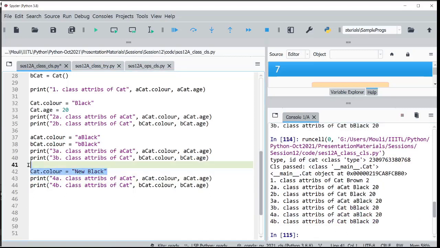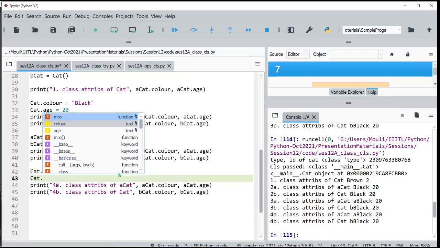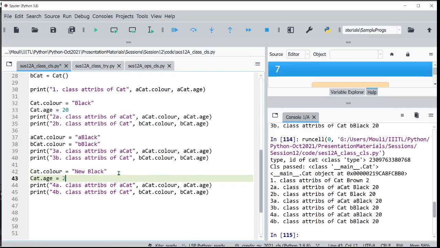This new black, whatever I did at the class level, no longer affects the object. Now what about the age? I am changing it to 21. Will it impact? Yes, it will impact because I have not modified it at the object level. So it will still be pointing at the previous object, and when I modify that, all the objects also get modified.